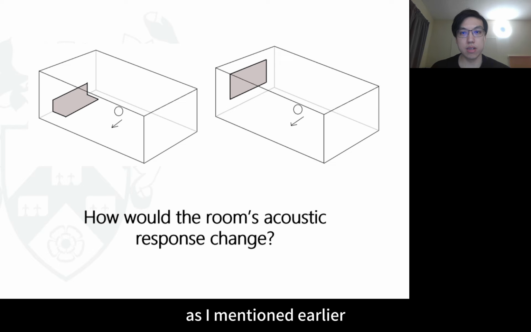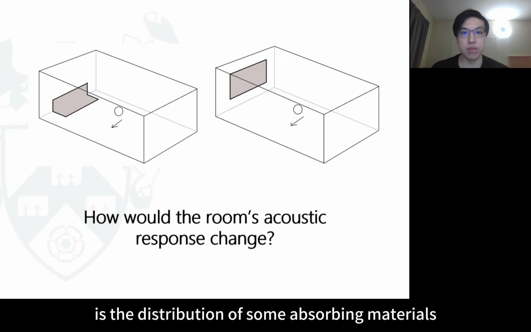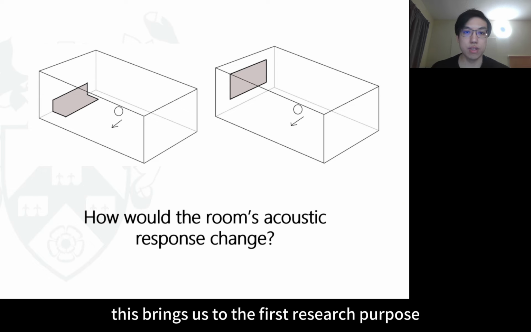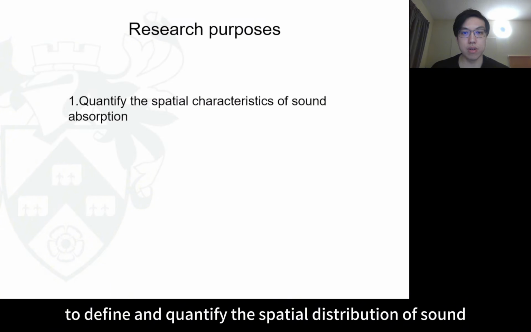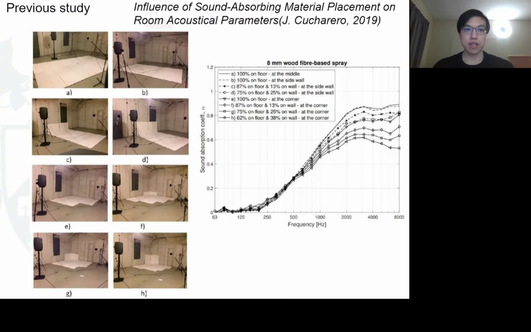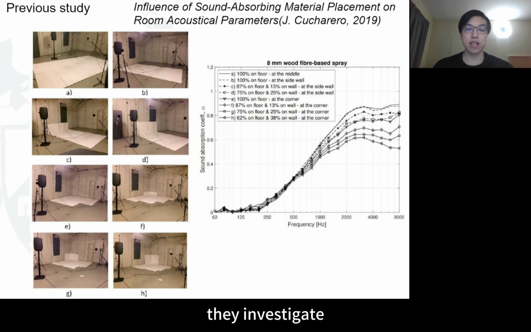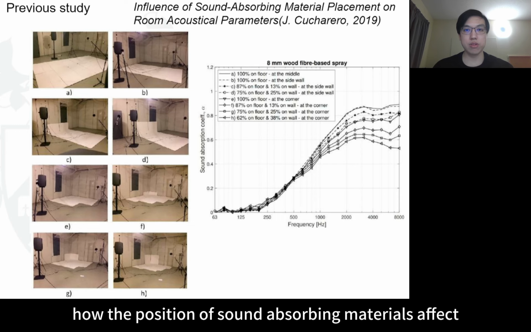As I mentioned earlier, one of the points my research focuses on is the distribution of sound-absorbing materials. So in this context, how do we define the distribution of absorbing materials? This brings us to the first research purpose: to define and quantify the spatial distribution of sound absorption. Now let's look at a previous study. In the research Influence of Sound-Absorbing Material Placement on Room Acoustic Parameters, they investigate how the position of sound-absorbing materials